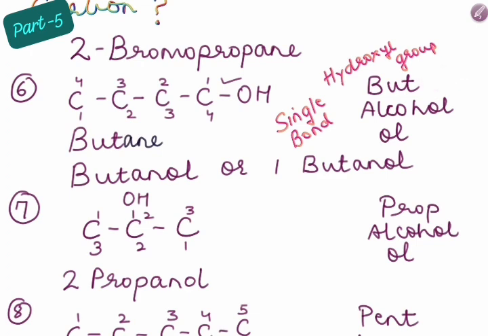Next, I'm also seeing the single bonds. So single bond means what, children? Single bond means that is the alkane group, that is ANE, right? That also I know. And what else am I seeing? I'm also seeing the functional group. And which is this functional group? Functional group is alcohol. And if it's a functional group, which suffix do I have to use regarding alcohol? OL, that also I know. And this OH indicates what? That is the hydroxyl group. This also I know.